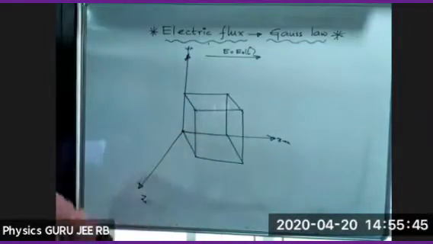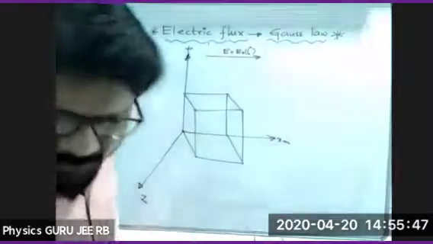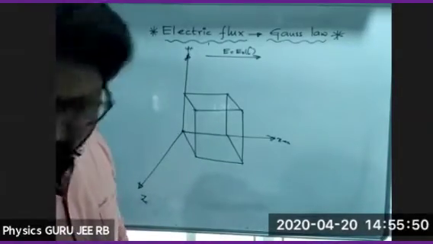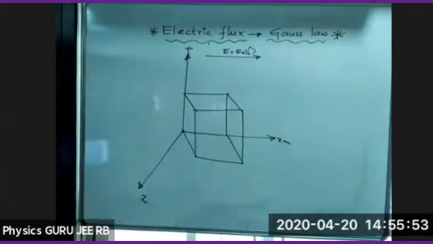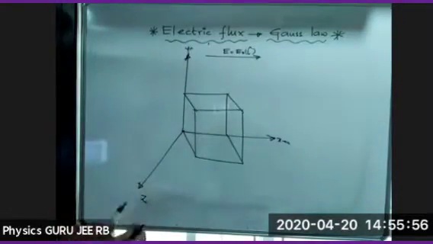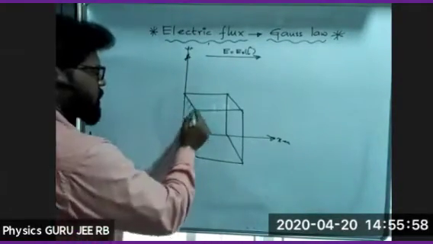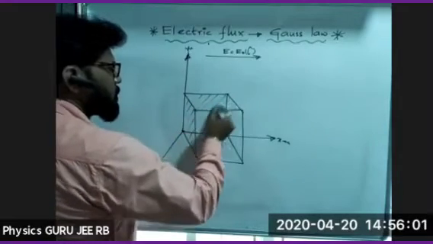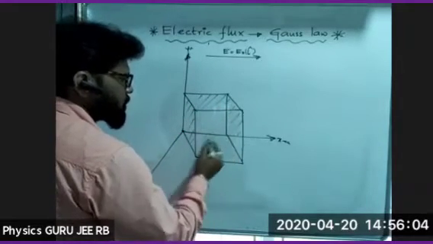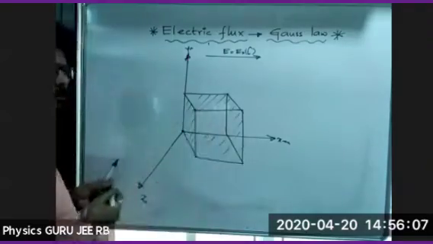I placed a 3-dimensional body. Right? How many surfaces will be there here? How many surfaces? Can you tell me? कितने surfaces दिख रहे हैं आपको? How many surfaces? See, this is one surface. This is second surface. This is third surface. This is fourth surface. Front and back, 5 and 6 surfaces.